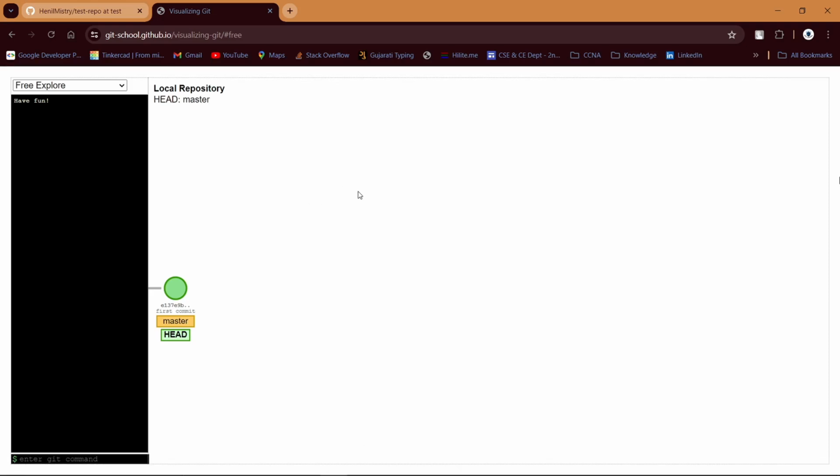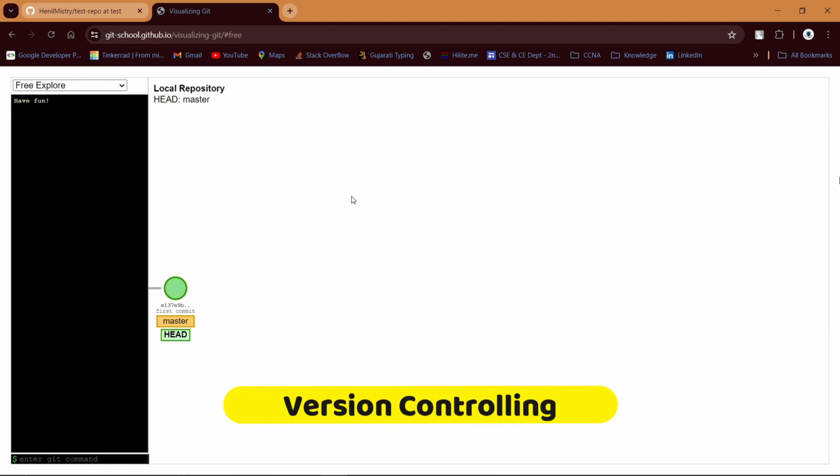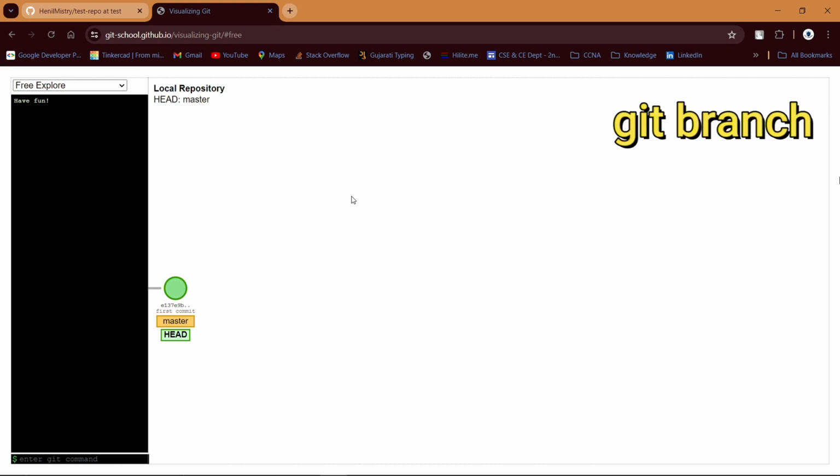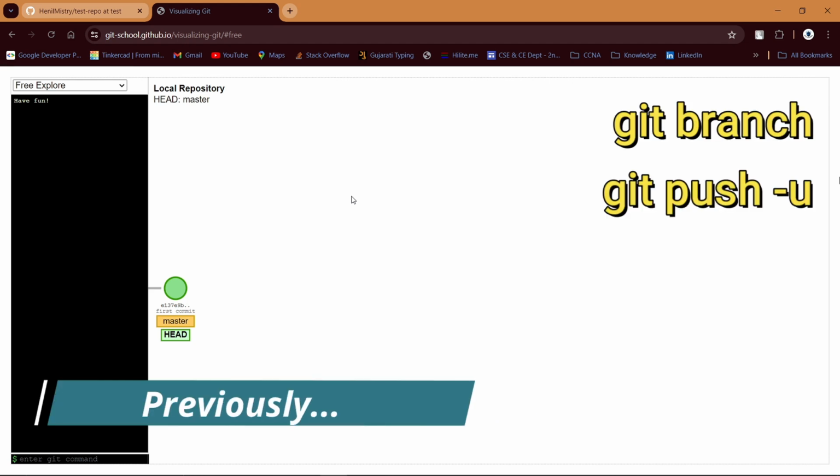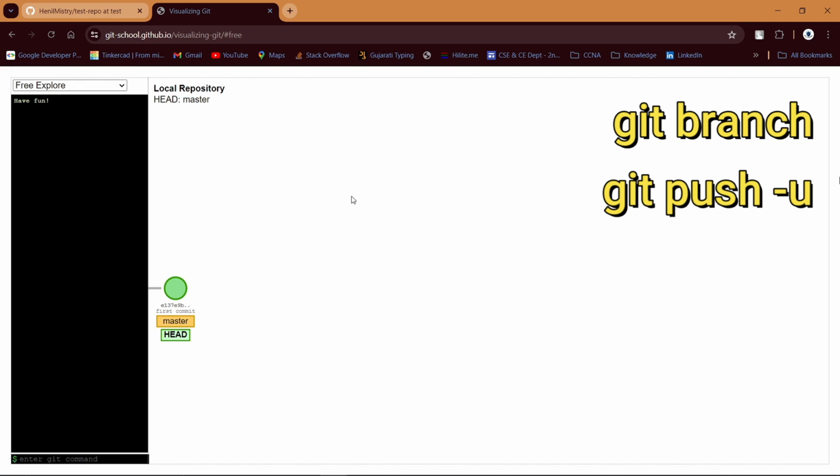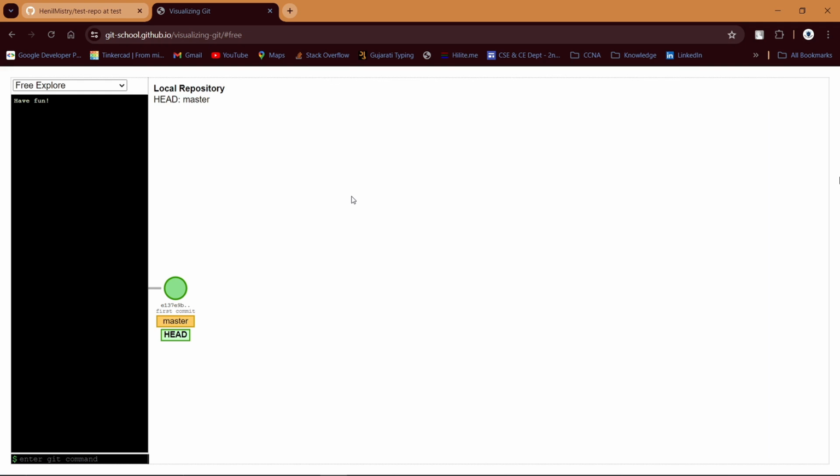Hey viewers, welcome to this video on Git and GitHub where we are learning version controlling. Following the previous videos, we have seen how we can create multiple branches using Git, push those branches and all that. Now we are stepping ahead in Git. In today's video, we are going to talk about how to merge branches